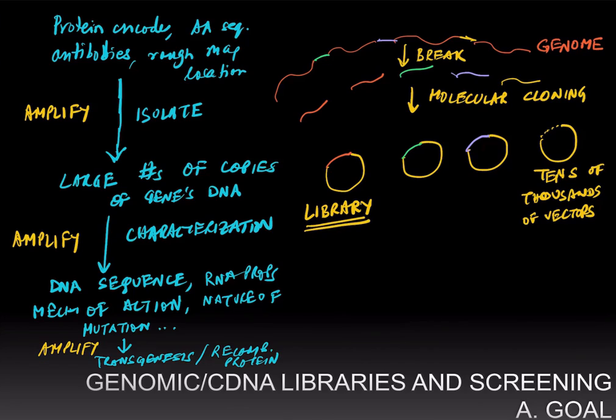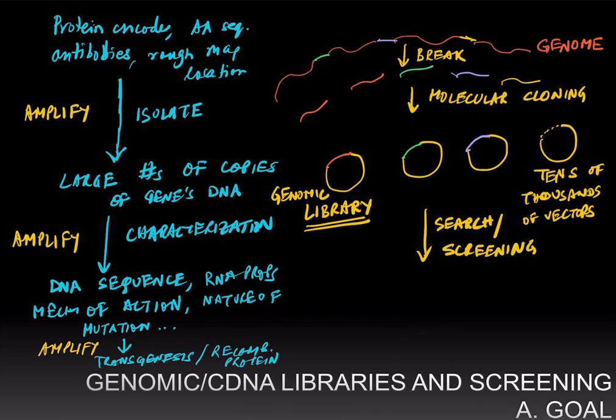This is a library of DNA fragments, and since it's coming from the genome, it's a genomic library. Okay, and then in the next step, you search this library. And the word biologists use for searching is screening,